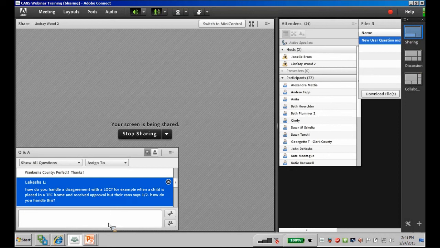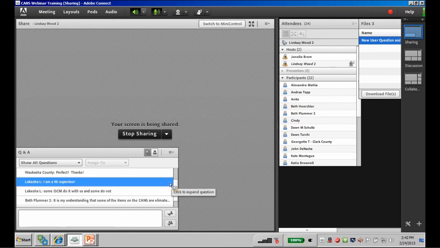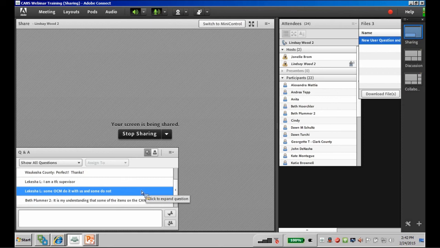So let's say 6 months, Allison and I are on a team. Allison thinks the kid is a 3 on something. I don't know. So let's say she thinks the child's a 3 on behavior at school, and I think the child's a 0. That's something we need to come a little bit closer to on. Let's say she thinks the child's a 3, I think the kid's a 2. Ultimately it's going to be the person with placement and care who's going to be the one making the decision. But as a team, we should make an agreement to come back to that item the next time we review it, so that we can maybe come to a better agreement about that particular item.